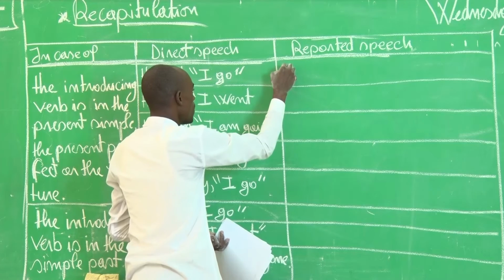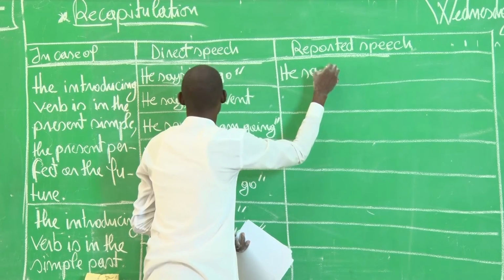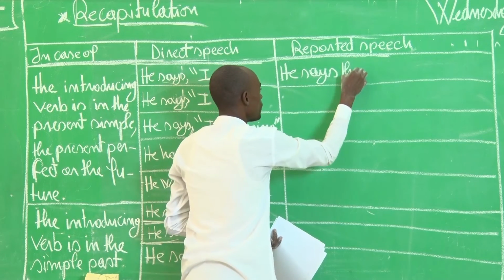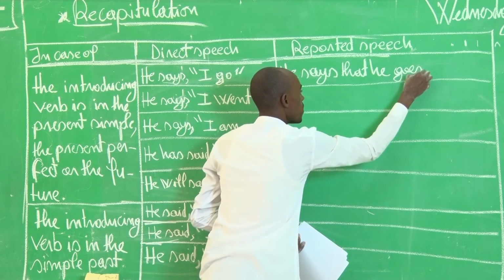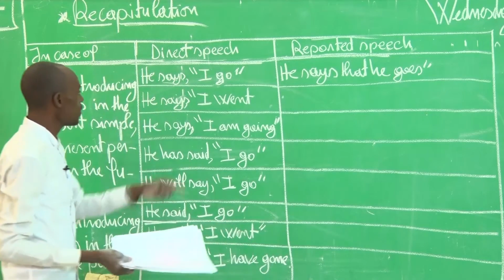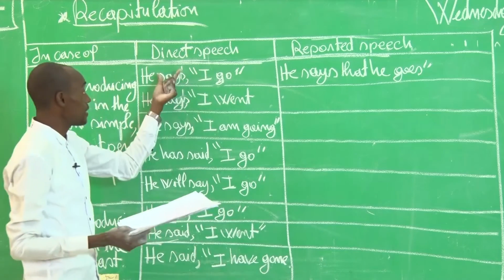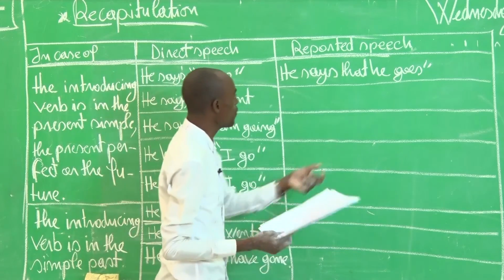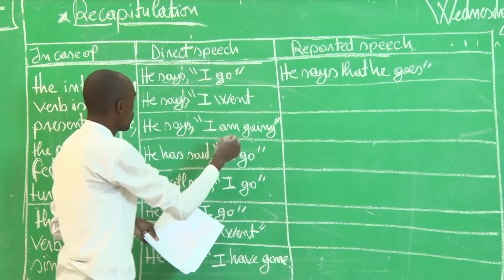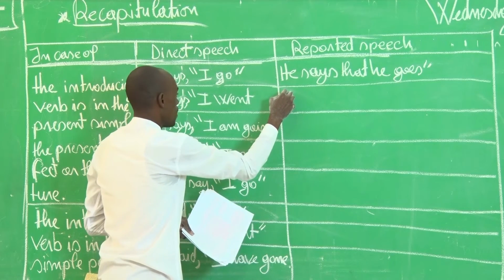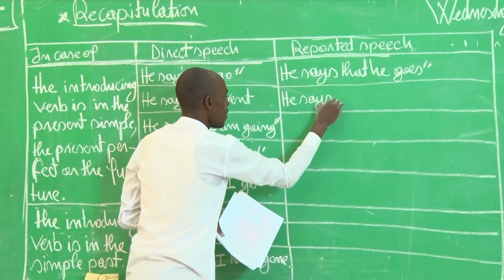We have: he says that he goes. The present simple remains the same in reported speech. And also, he says, "I went," and here we can say, he says that